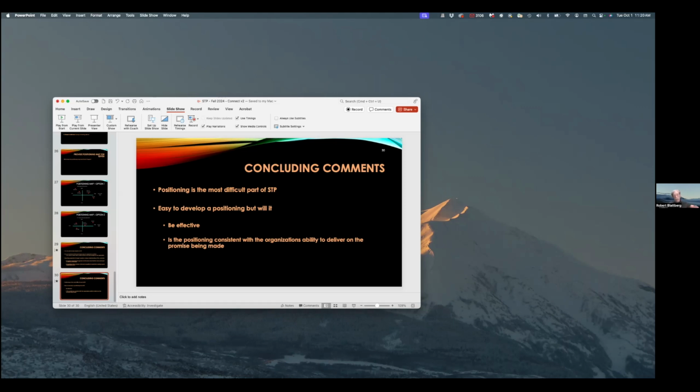And as your question's implying, which I think is a good question, it's difficult to decide what those axes are. And you may want to look at multiple different ways of setting those axes, and then how are you positioned? So the example I gave, two different ways to think about it. I'm not saying one or the other is better. Then I want to go out in the marketplace and try to understand which is the better way to position.